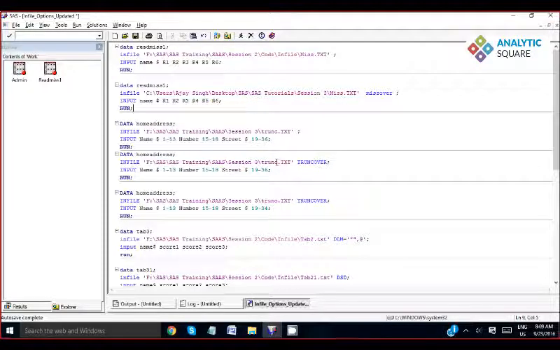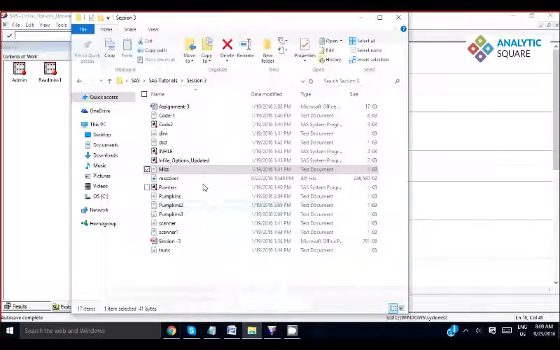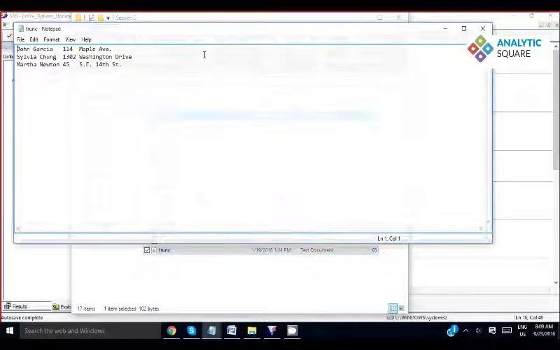So there is one file by the name trunk. Let me go and open the trunk file. Here is the trunk file. Now here you can see that all of the things are looking fine except the value which is at the end of the file. In the last session I told you that whatever option we are using with the infile statement, these options apply to the values or the variable which is at the end of the line.